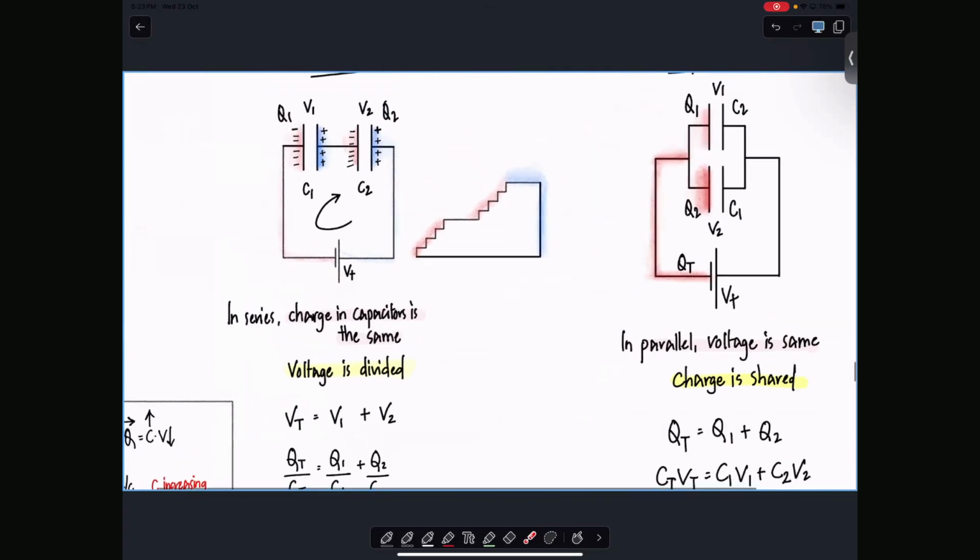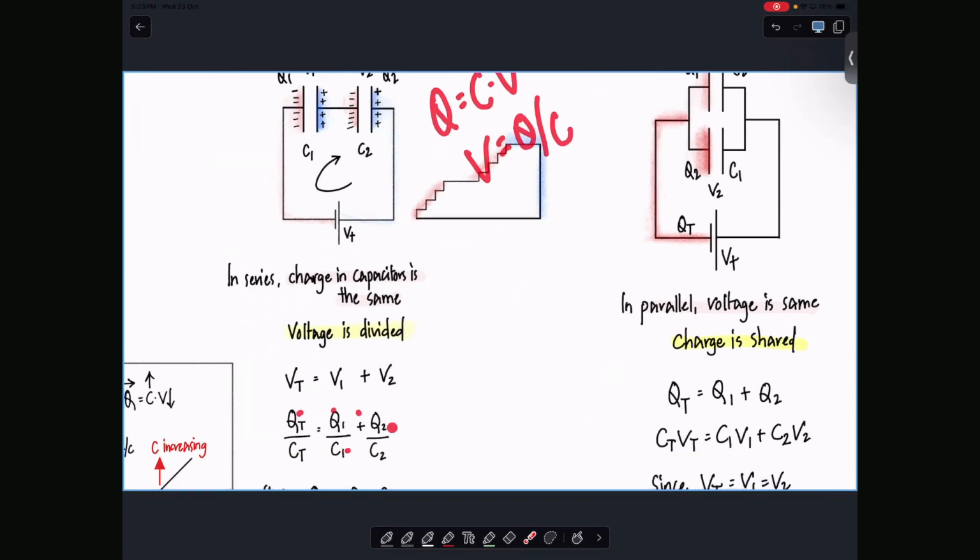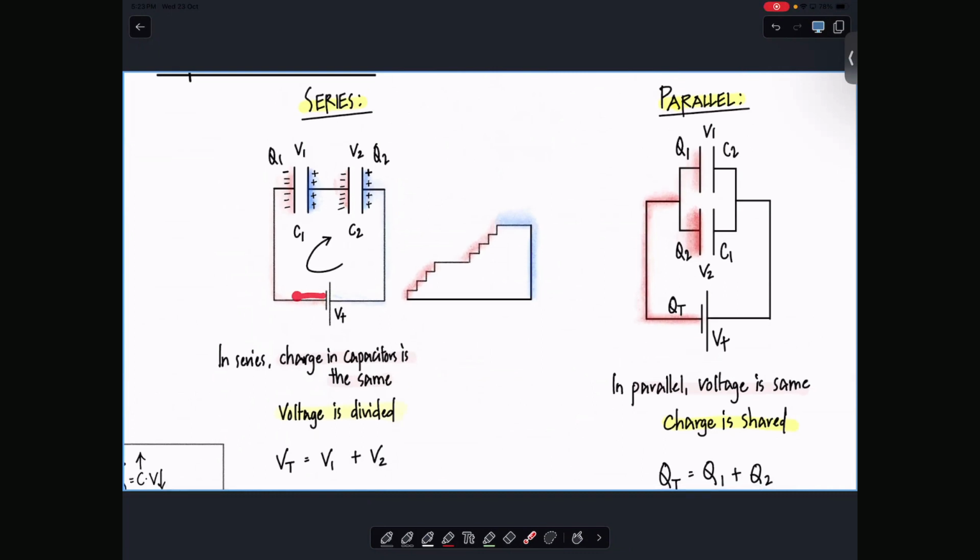Let's see. If I'm given a voltage V total here, the voltage will be what between the two capacitors, just like resistors, shared, right? So my V total should be equal to what? V1 plus V2. Do you recall this? Like the potential divider rule. Now, what's Q equal to? CV. So V should be equal to what? Q by C. So you have your Q by C here. But something very important: if 10 electrons come here and deposit themselves here, how many electrons will move out from here?